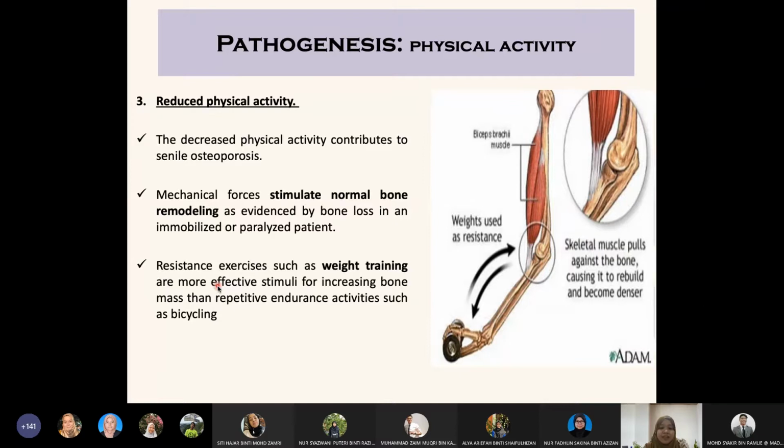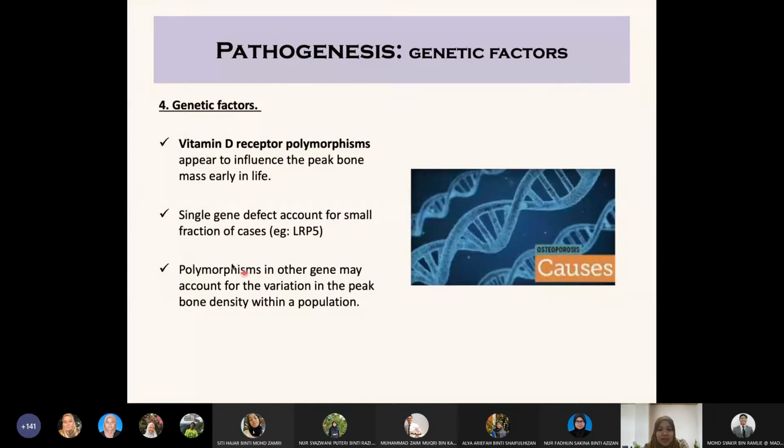And they have found that a resistance exercise like weight training is more effective for bone remodeling as compared to cardiovascular exercise like cycling or jogging. Okay, so resistance exercise is also important. And genetic factors also contribute to the peak bone mass, because they found that those with vitamin D receptor polymorphism